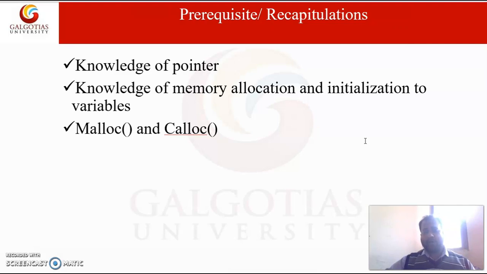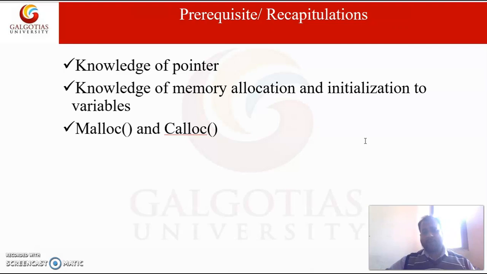Also, if we allocate a memory block using malloc, it is not initialized with initial values, due to which garbage values are in the allocated memory blocks, whereas calloc initializes the allocated memory block with 0 values.